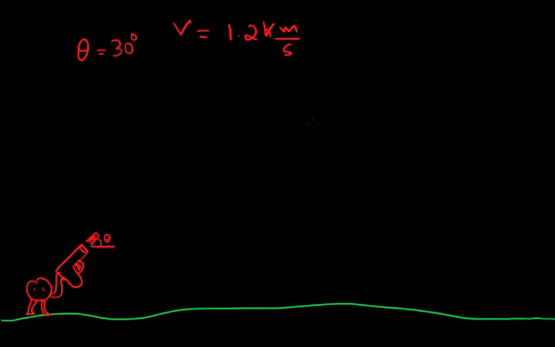So we have a bullet that's traveling at a velocity at an angle, and we have seen in the last video how to decompose one velocity into its two components, which are the x and y components. So let's decompose it into the first component, which is the y component. The y component is equal to the velocity times the sine of theta. So we can write 1.2 kilometers per second times the sine of 30 degrees, which is 1/2.